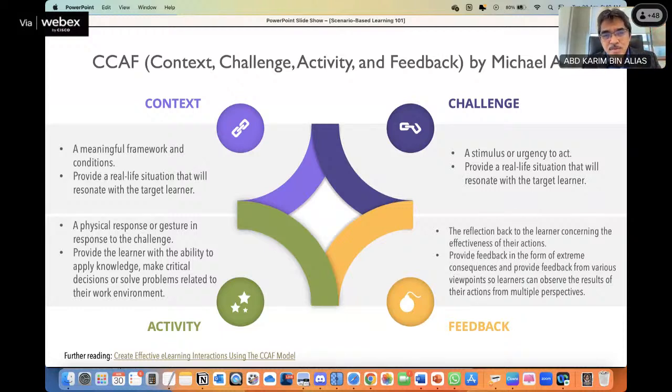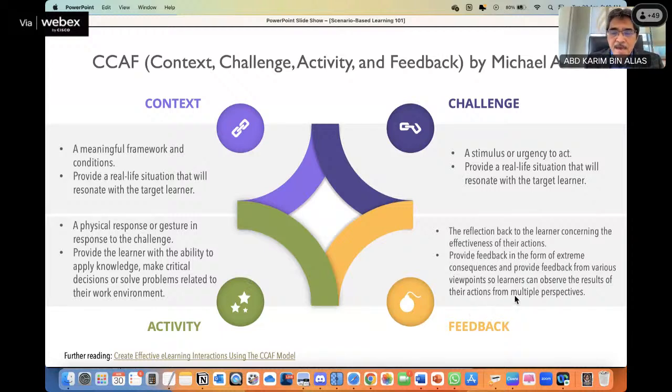Apply the knowledge, analyze the situation, analyze the information given, analyze the data, and then use this to make a choice, to make a decision. So to me, this is a very effective way to teach students to develop the thinking skill, the critical thinking skill, the cognitive skill.